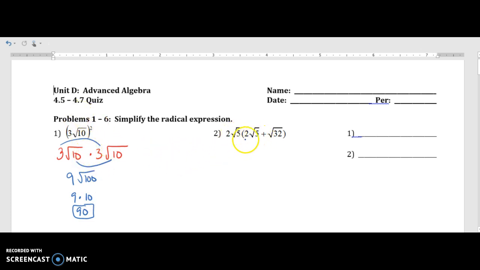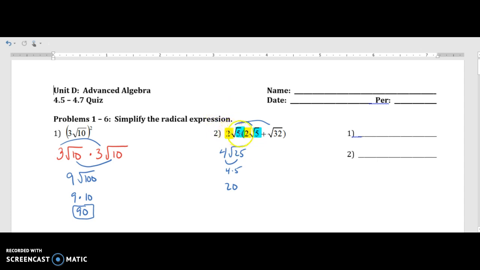Okay? Now the next one, you are distributing this 2 root 5. And what you have to remember is these outside numbers multiply with outside numbers, and the inside numbers multiply with inside numbers. So when we multiply this, 2 times 2 is 4, and root 5 times root 5 is going to give you root 25, and this basically just becomes 4 times 5, which is 20,